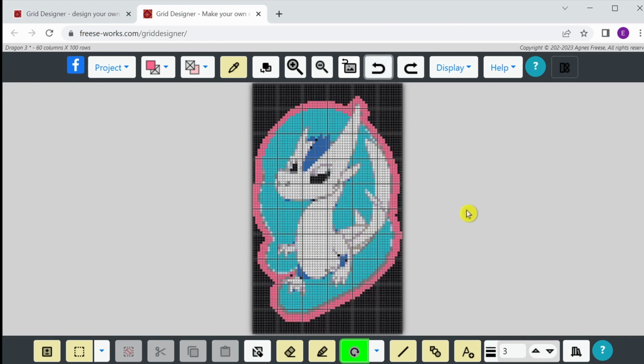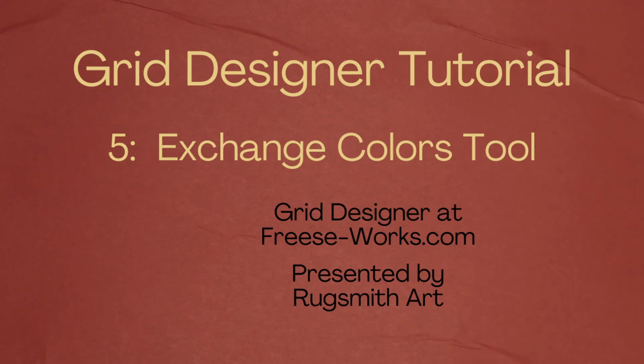And the next lesson is one that I've been kind of saving because it's a little bit complex, but it's very powerful. And it'll help us clean up the rest of this dragon very quickly. Check out the next video and we'll be able to save time the next time we have a pattern like